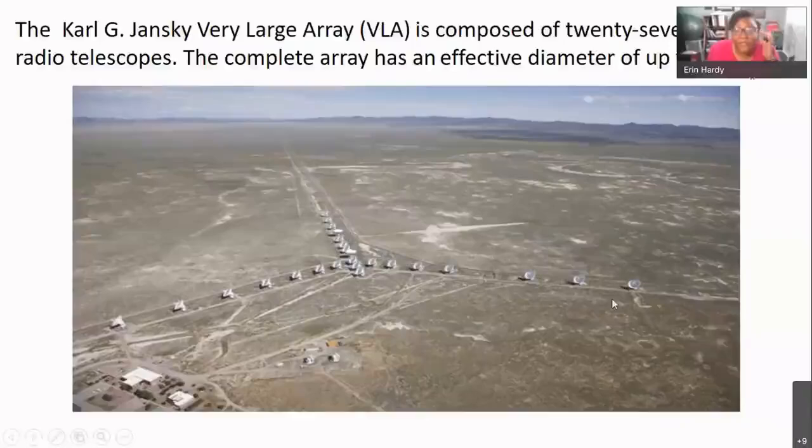And when they are spread out, and each one of them observes the same thing, when you put together those signals, you end up with an image that's on par with one that would be possible to collect with a 22-mile diameter telescope. So one that's never going to be built anywhere on Earth's surface because it's unfeasible for many different reasons. But you end up exploiting this property of light and ending up with a really detailed, high-resolution